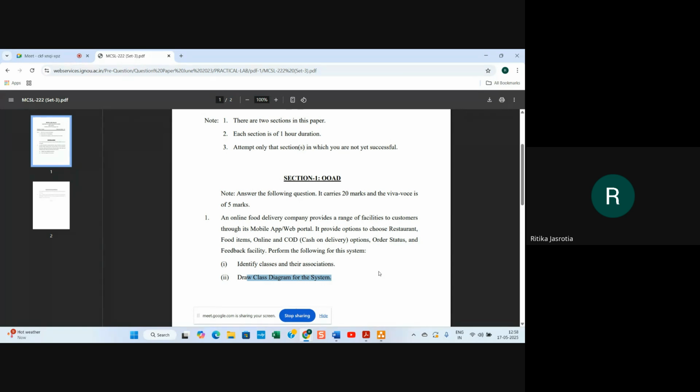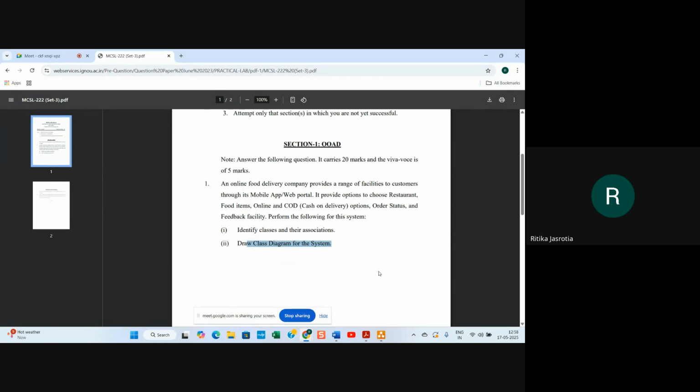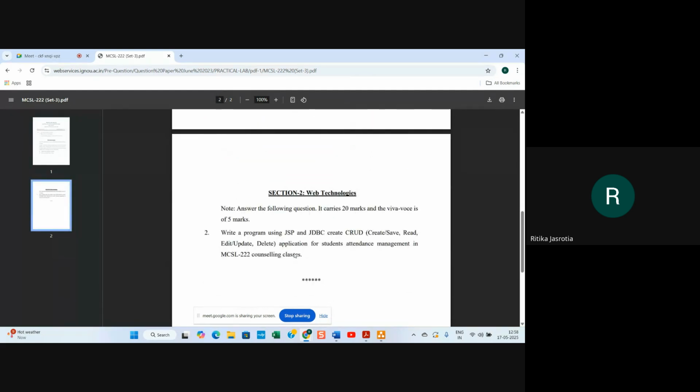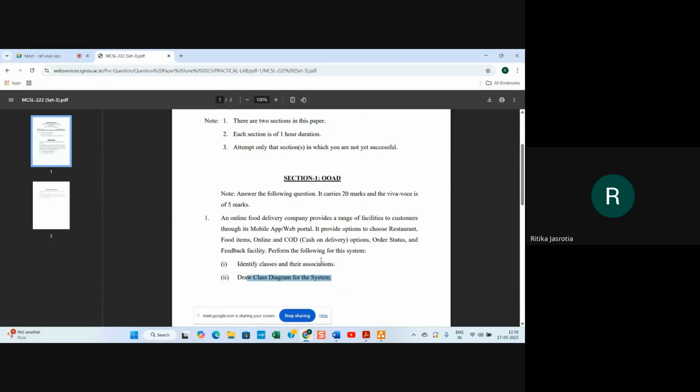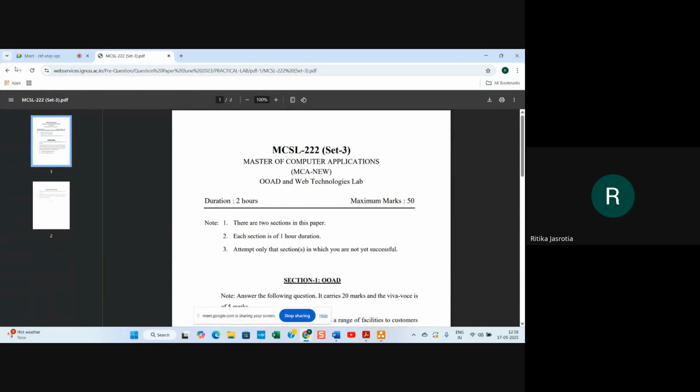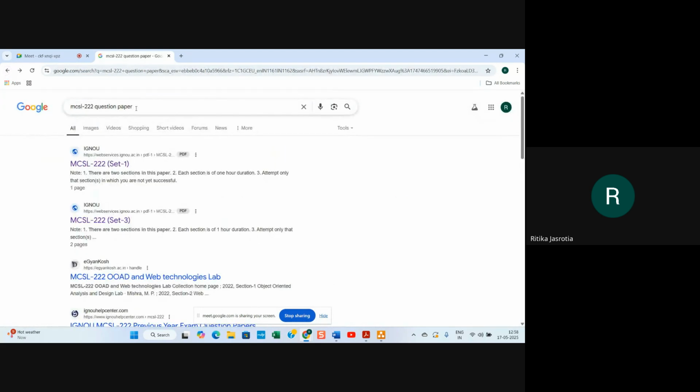So first identify the classes. What all classes will be there? There will be customers, food items, payment, online payment, order status, feedback facility. These classes you will identify, and then you will make the associations and draw the class diagram. So this is how your practical paper is. But if we talk about